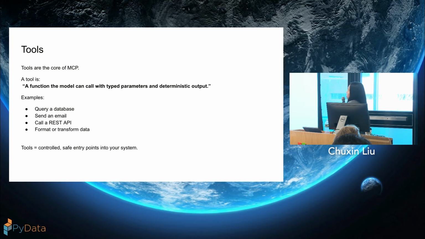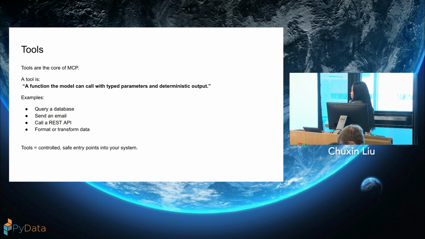Let's go over these just before we get our hands dirty. So core tools are the core of MCPs. We actually don't really need resources or prompts. We just need tools, and we can even think of everything as a tool. People say AI agent in a very fancy way, but at the end of the day, agents are just LLMs with tools, right? And whatever tools you can give the agents, the ability is bounded by the tools that it has.